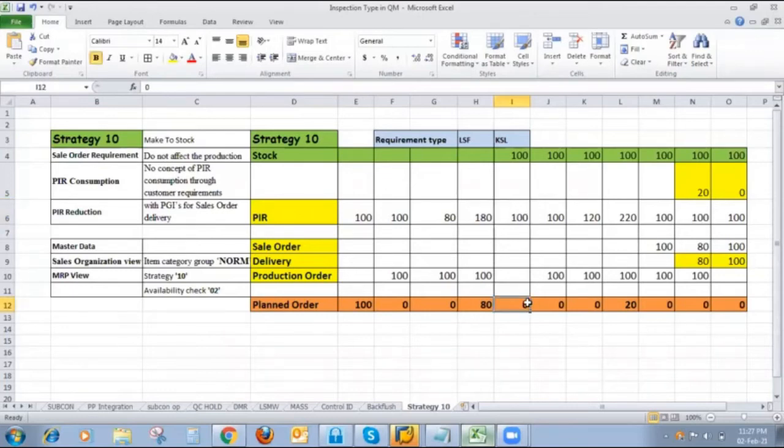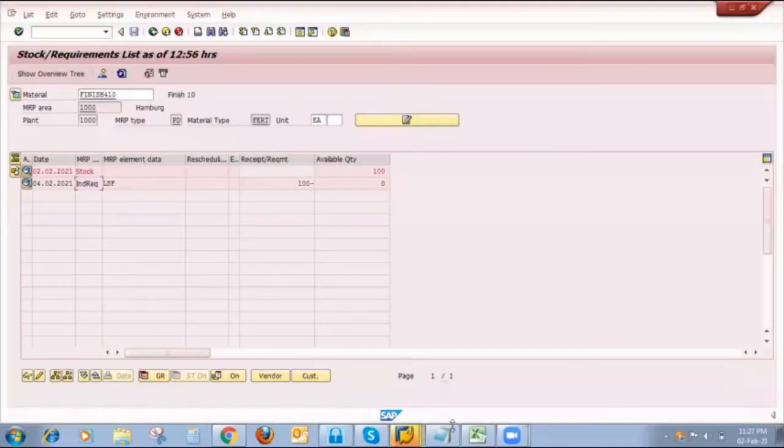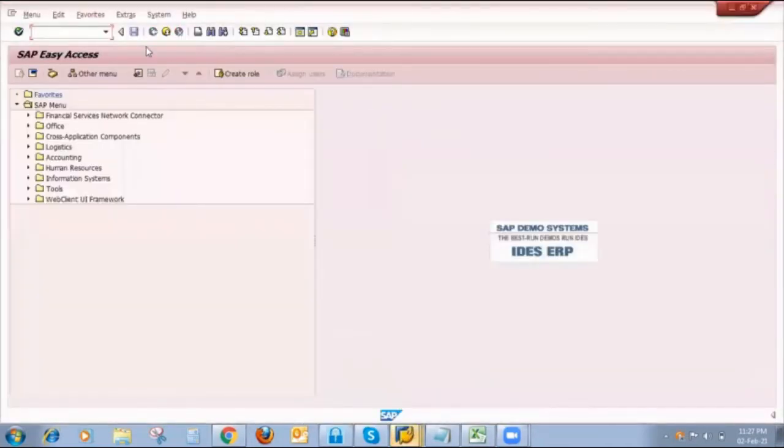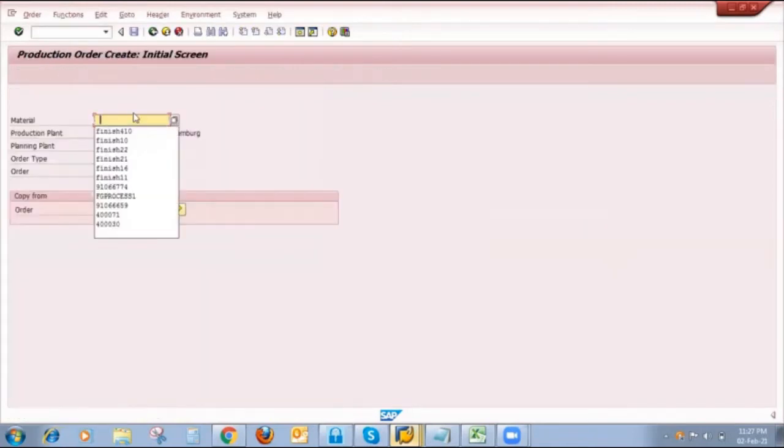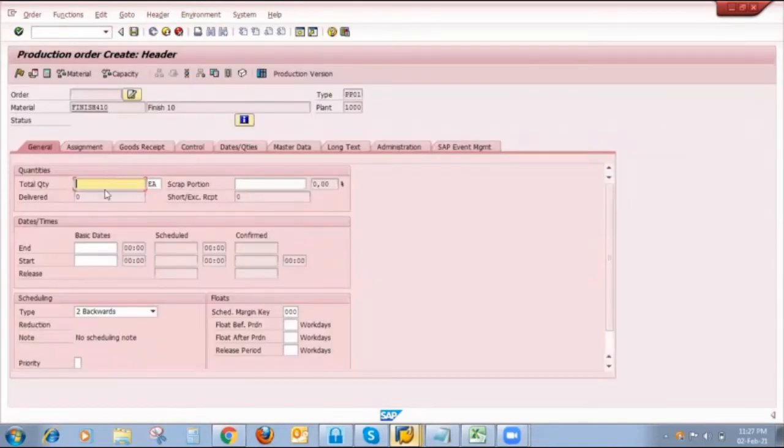So if I move towards column J, if stock is 100, PIR is also 100, and production order is also 100, then in that situation, I will show you how many planning proposals are generated. So I put one production order here for the same quantity. My finished product is nothing but PP's finish for 110. If I put total quantity here as 100,